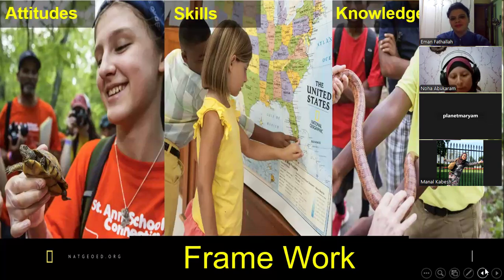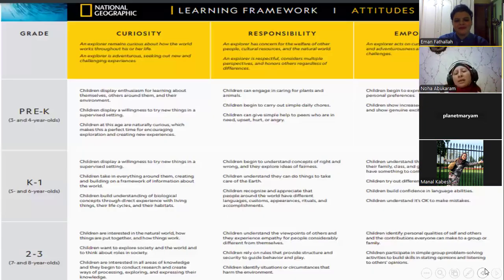So for example, when I went with the National Geographic Learning Framework, they defined 3 attitudes